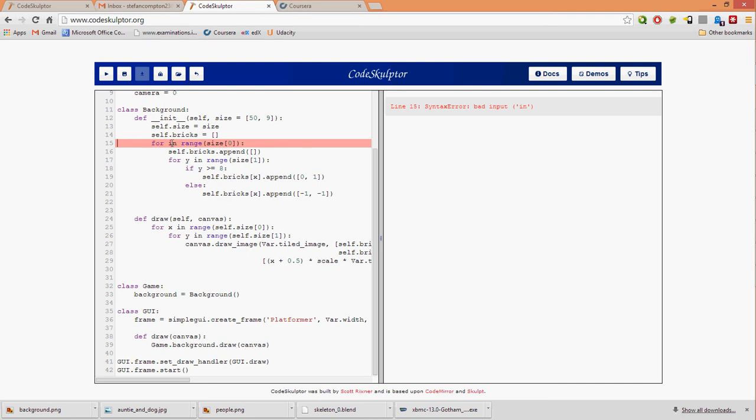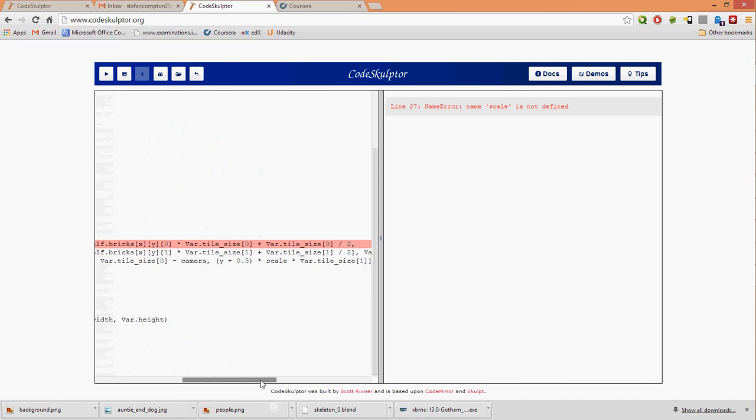Okay, so I'm going to troubleshoot this in Codeskulptor because it's easier to do that and then copy it back. We can quickly press run. This is fairly obvious. 4 in range should be 4x in range because we're setting up x. Okay, and the scale is not defined. That should be var.scale. So wherever I've got just scale on its own, let's see, var.scale, scale, there it is. So var.scale,